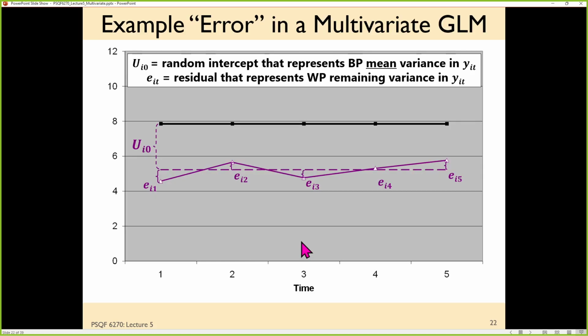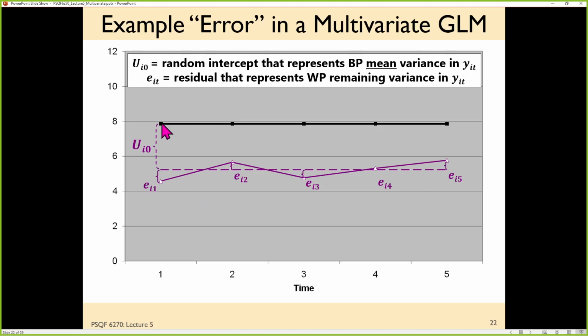So I've got a picture here. I stole it from my other class, of course. Let's say that I have repeated observations for my multivariate model that are time. This can be condition, can be whatever. And we'll say that we're fitting a model where we're expecting no change over time. That's my black line. So here's my purple person's data. This person is below the mean for the sample on every occasion. So their E's are going to be related as a consequence of that.